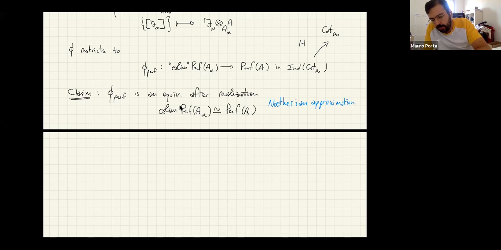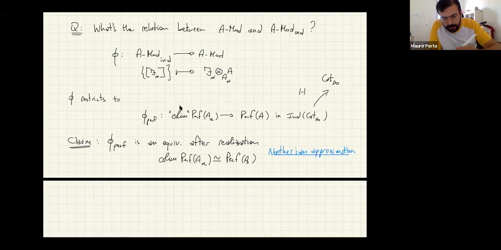It's extremely useful in classical algebraic geometry because essentially it allows us to reduce questions on non-Noetherian schemes, non-Noetherian algebras, to questions on Noetherian ones by approximating them by things of finite type and using the fact that the derived category somehow behaves well under this approximation. But what I want to point out is that this phi perf is not an equivalence